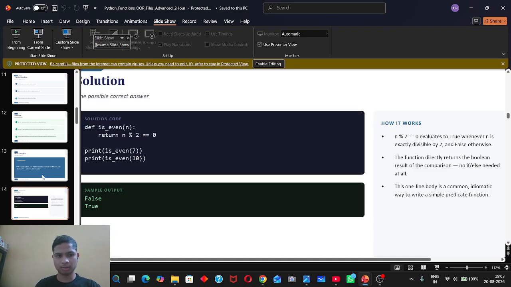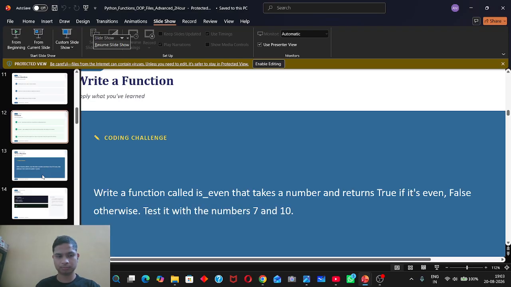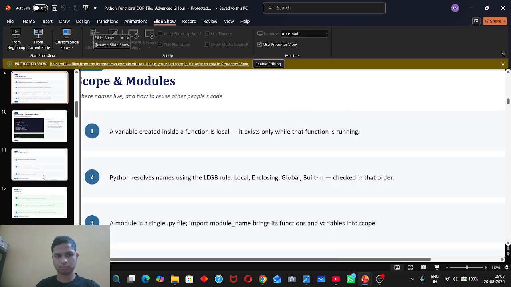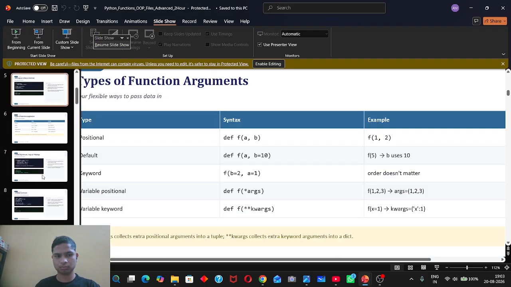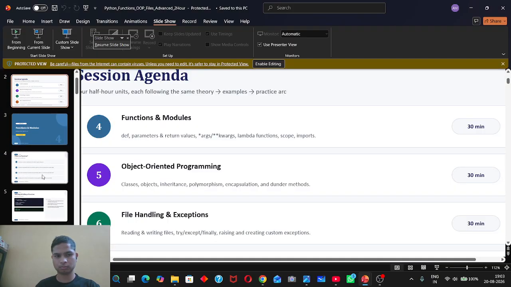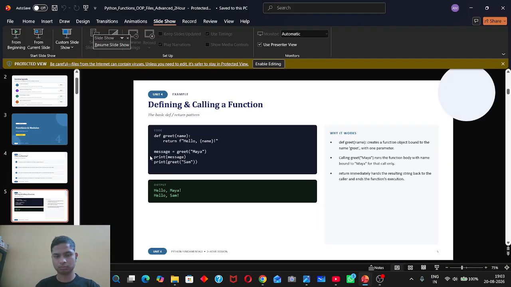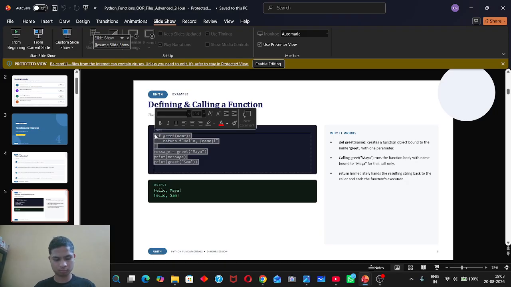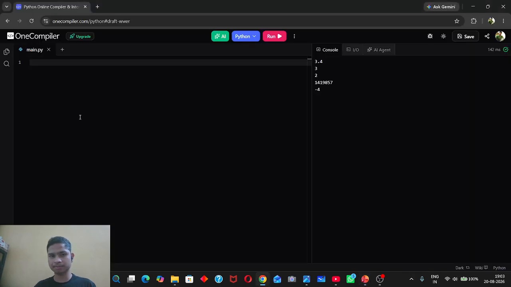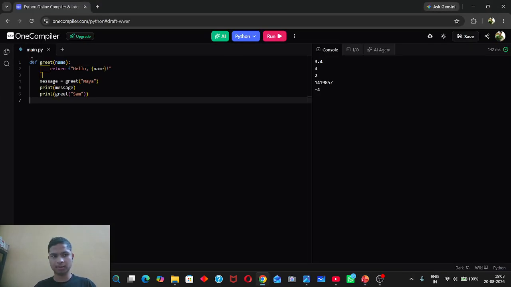We are going to run this code. If we run this code in our Python compiler,